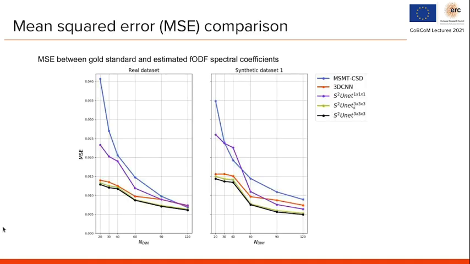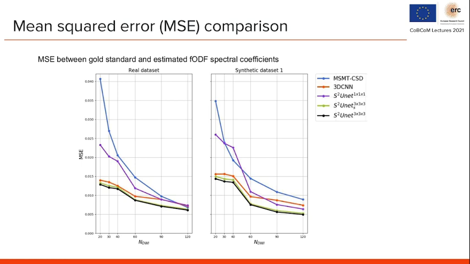In this slide, comparison of the methods in terms of mean squared error for different numbers of sampling points is provided for real data in the figure on the left and for synthetic data in the figure on the right. We can notice that for a lower number of sampling points, using neighborhood information is essential, which explains the large accuracy gap